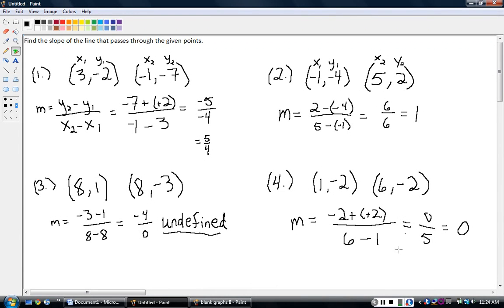So if I were to graph this, this would be one of those horizontal lines. This guy is just a horizontal line looking like that, slope of which is 0, which we learned in the last video. And back here to number 3, this is one of these vertical lines, right? So somewhere in the plane, a vertical line. Try and remember all this stuff, because in the next chapter we're going to do a little more than find the slope. We're going to find the equation of